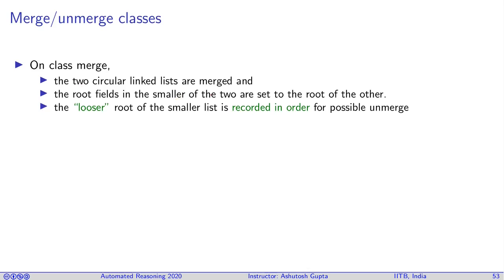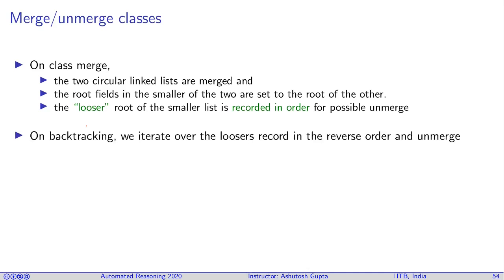Since in an SMT solver we not only merge things, we may have to unmerge them during backtracking, we need to record such that we can backtrack. So how do we do that? The loser root in each merge, we keep in a stack. Once we get an unmerge request, we look backwards at these loser roots and go back and update our classes. How the update works: